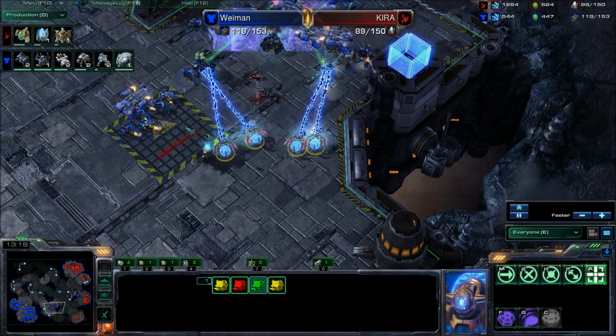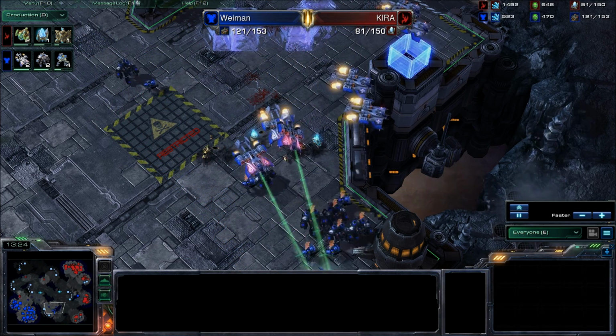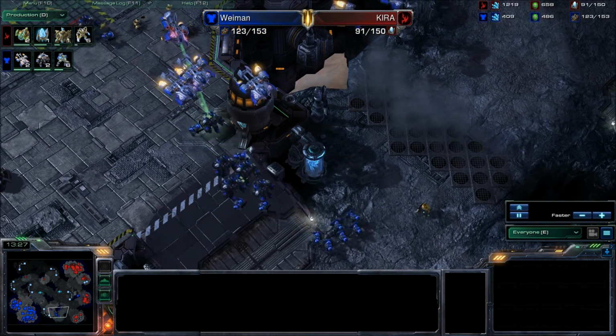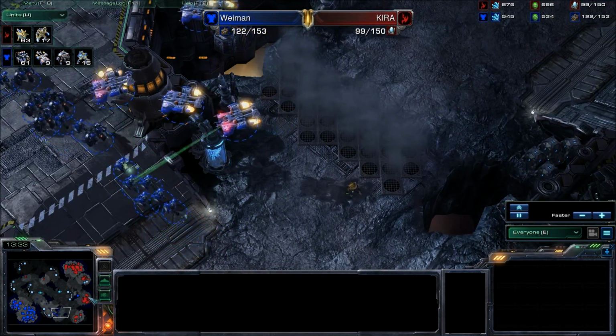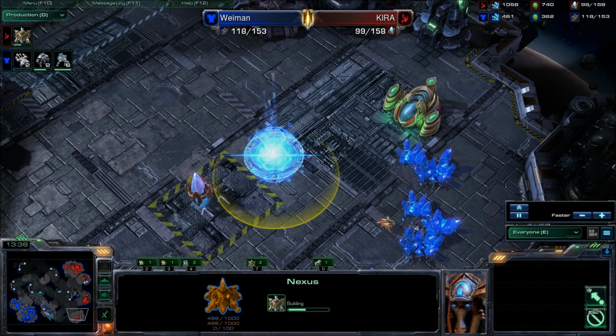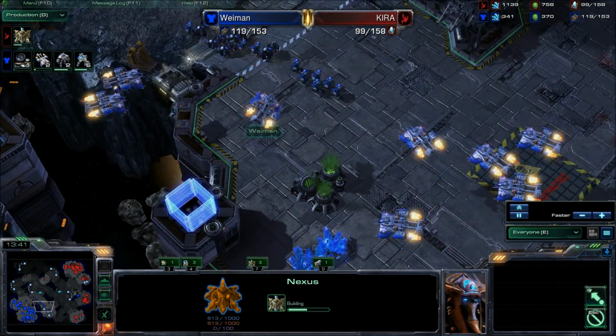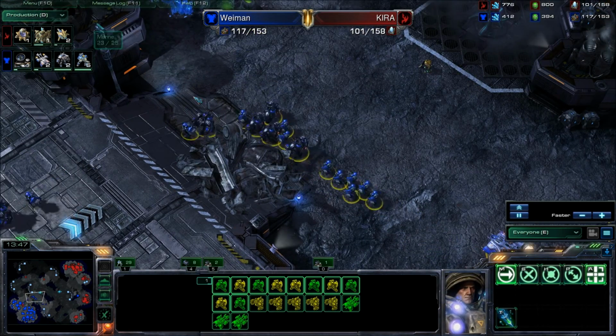Look at that. Nice stim from Weiman, cleans up 500 gas just like that, and Kira does not have any sentries on the field anymore, just 9 Zealots. At the same time, he's grabbed a 4th down in the bottom right corner. If Weiman continued with his aggression, he wouldn't have an issue dealing a death blow to that 4th expansion, but it looks like he's intimidated by